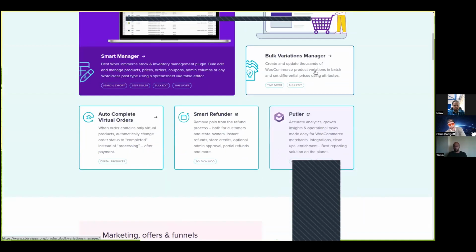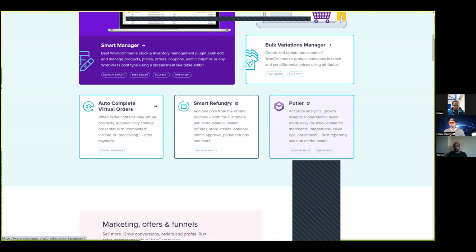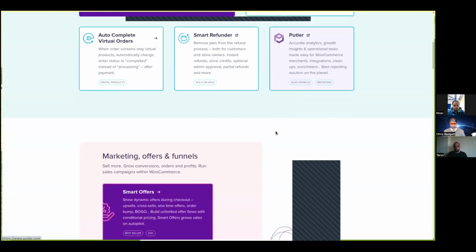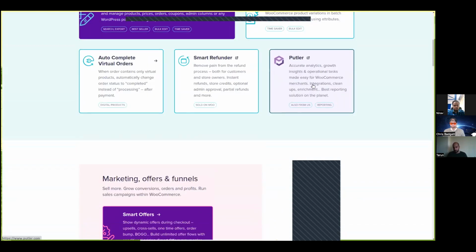Using this plugin, let's say you want to create multiple variations for products, you can do it in one click. Just like you have bulk edit, you have bulk creation of variations. We also have our analytics software known as Butler, which will segregate all the reports from all the transaction info from various payment gateways and list them for you. There are other plugins as well.